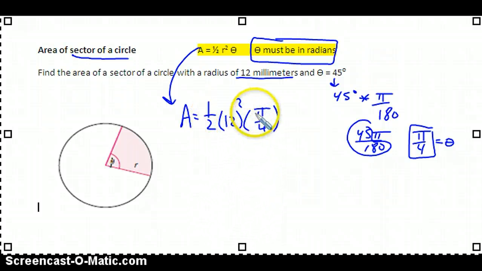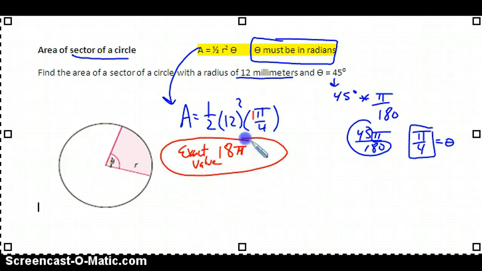and then you would times it by, there's an imaginary 1 here, so this would become 1/4. You times that by 1/4 and you'd get 18, and then you just stick the pi back with it. So that would be the exact value answer, in millimeters squared. If I wanted you to give me a rounded answer, it's much easier. You just type everything in, including the pi in the calculator as well. Doing this, I'd end up getting an answer of 56.55